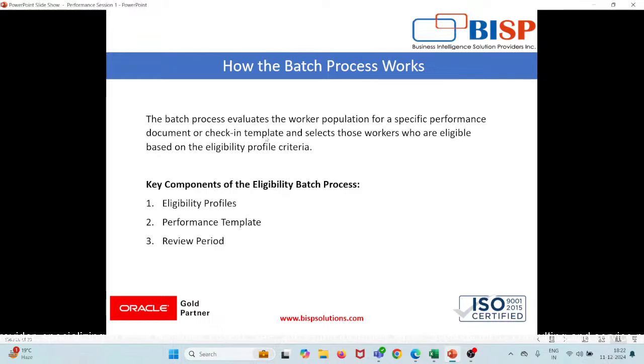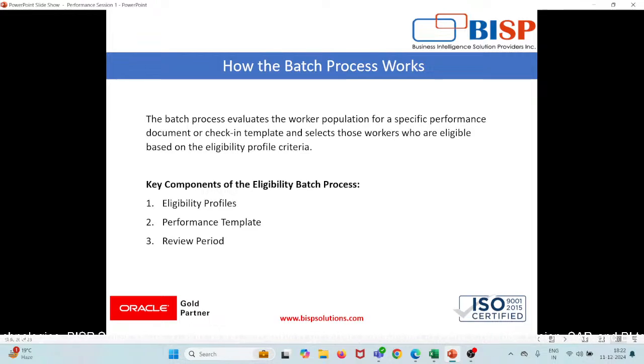We have not discussed the check-in template yet till now. So based on the performance document or check-in template, it selects those workers who are eligible for the eligibility